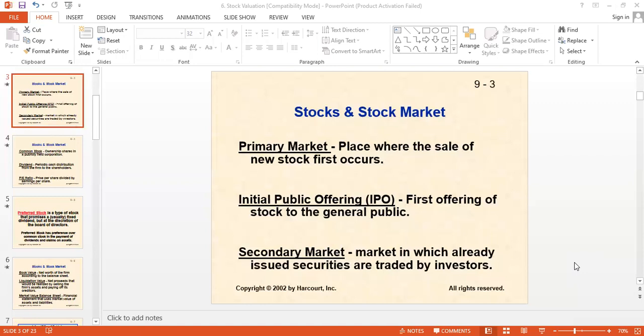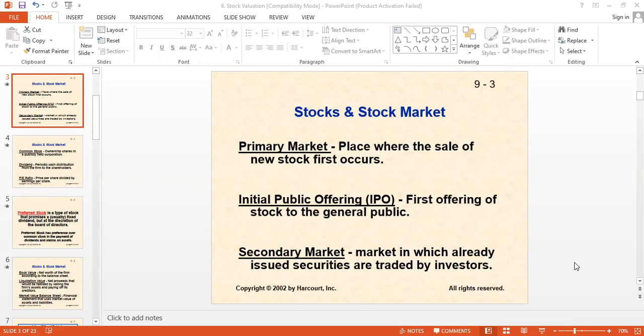Obviously, a share was sold by a company 10 years back. During all those 10 years, those shares must have been sold and purchased by different people. Some must have sold them, others must have purchased them, then those others must have sold to some others, and so on. So this process keeps continuing. This is the operation of the secondary market.